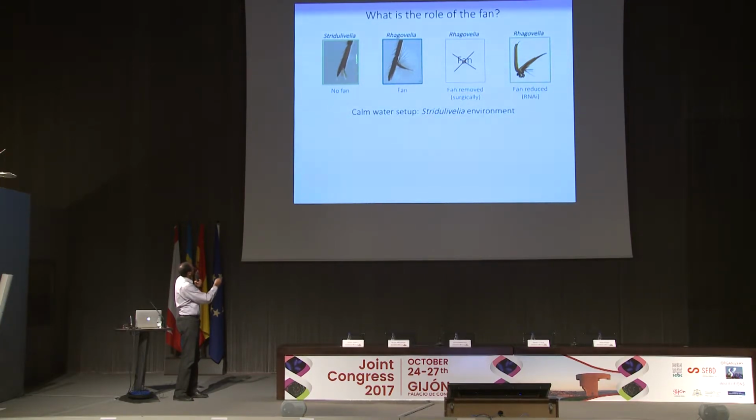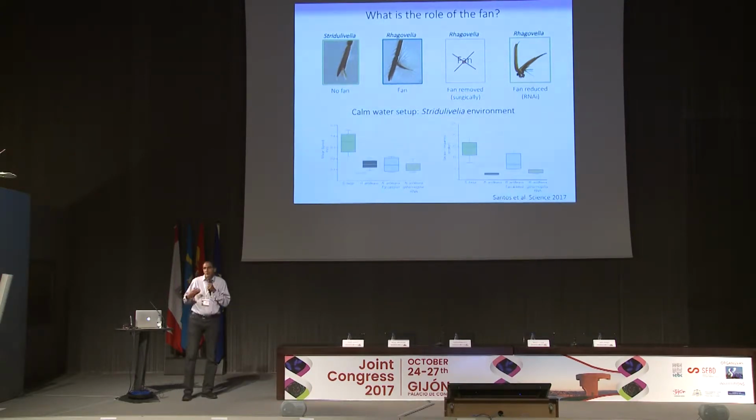So this is calm water where this species would normally live. And what was really surprising to us is that the species without the fan is the fastest in calm water. And these 3 groups, no matter what the condition of the fan, are all as fast. That means that the fan is not necessarily important to make them faster. Although what was important also is, if you look at stroke frequency, this one is faster because it strokes the most. So it works very hard to generate that speed.